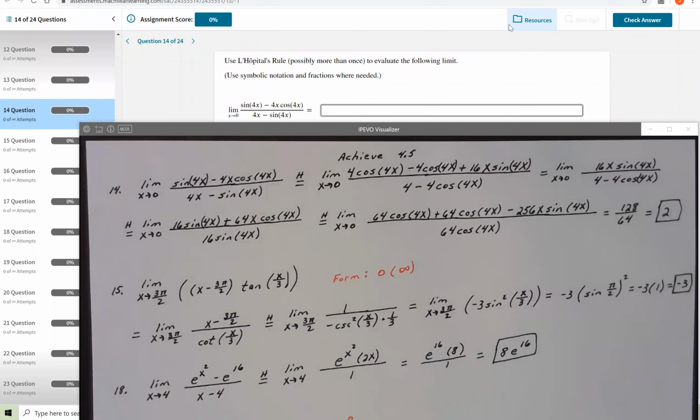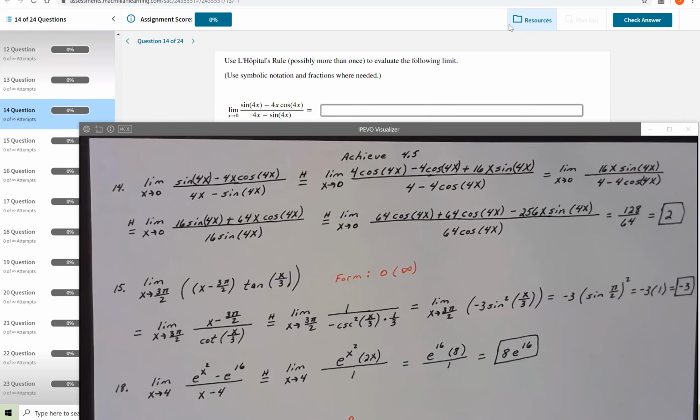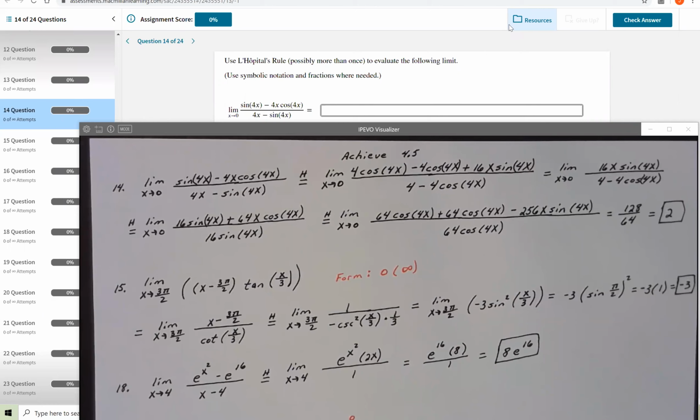Hey guys, let's talk about a few problems out of the Achieve section 4.5, and these were all pretty darn good questions here. I really like them. The first one here, number 14 in section 4.5. It's one of these where we're going to have to use multiple uses of L'Hopital in order to work it